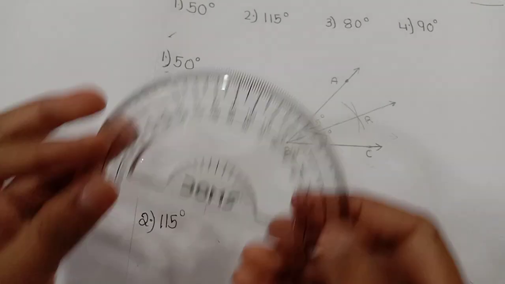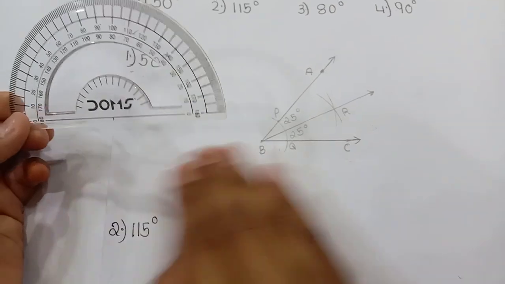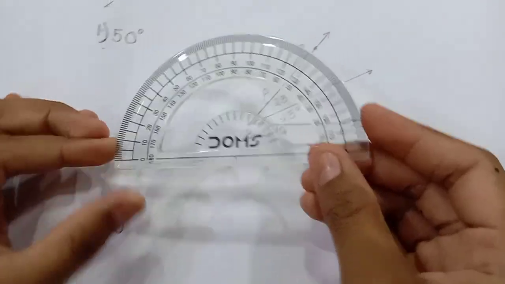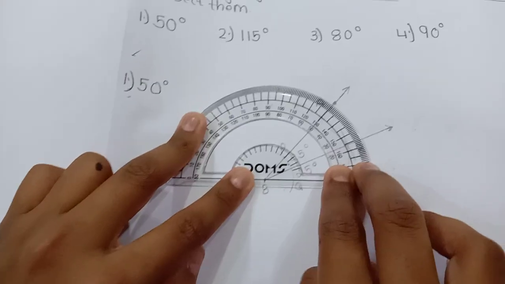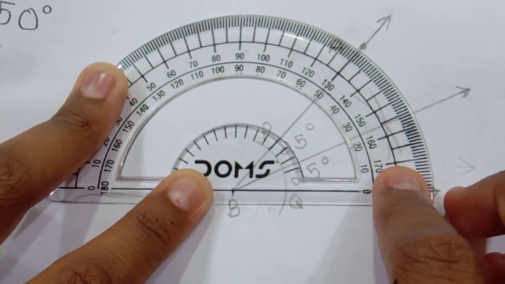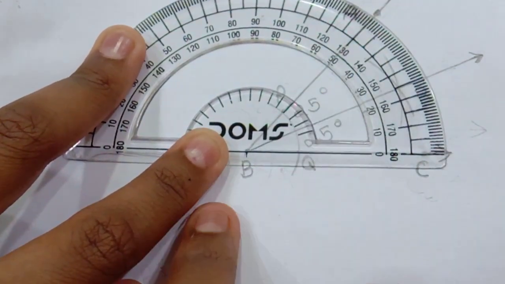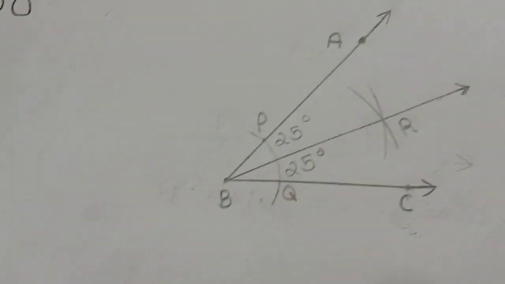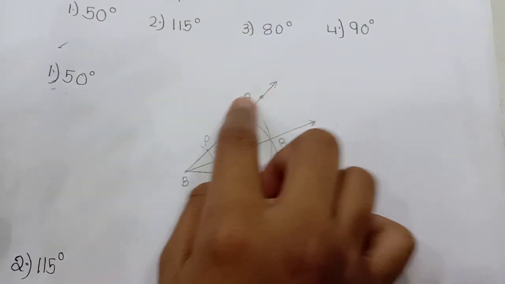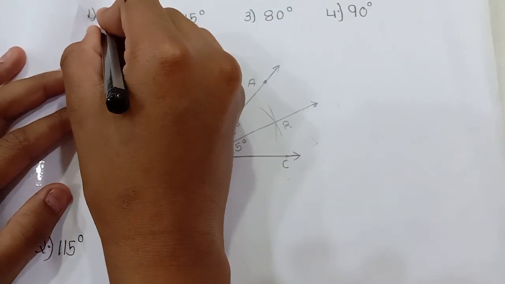Then first of all, you will take the protractor, and to confirm that it is a proper angle or not, you need to check with the help of a protractor. Now how to check, I am going to explain to you. So children, you can see this, right? The angle here is 50 and here 25 became. So we have got the proper angle. So this is the way we check the angle. So we have done the first one. I am putting a tick mark here that we have done the first one.